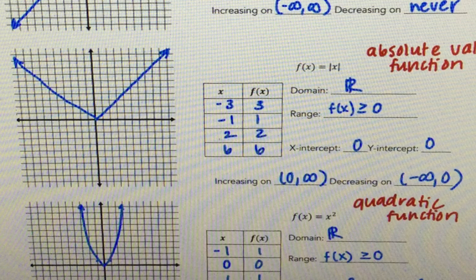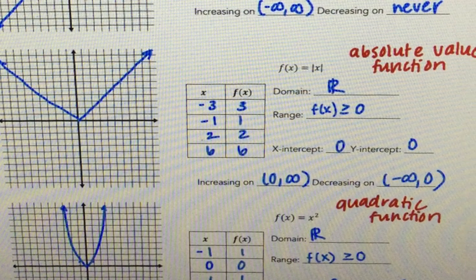Everybody's good there? Hopefully. Right, here's the answers for the absolute value function. So again, these points are fine. For me, I would have plugged in negative 1, 1, 0, 0, 1, 1, 2, 2 would be my